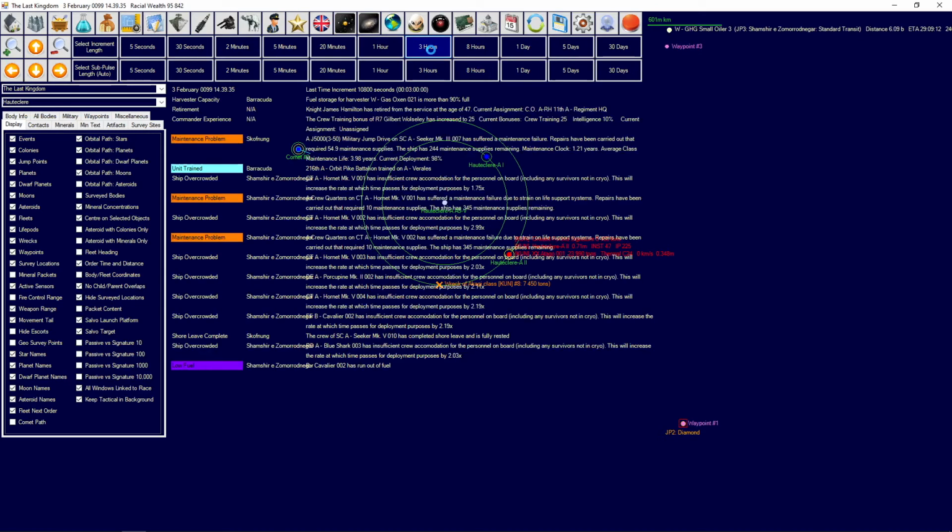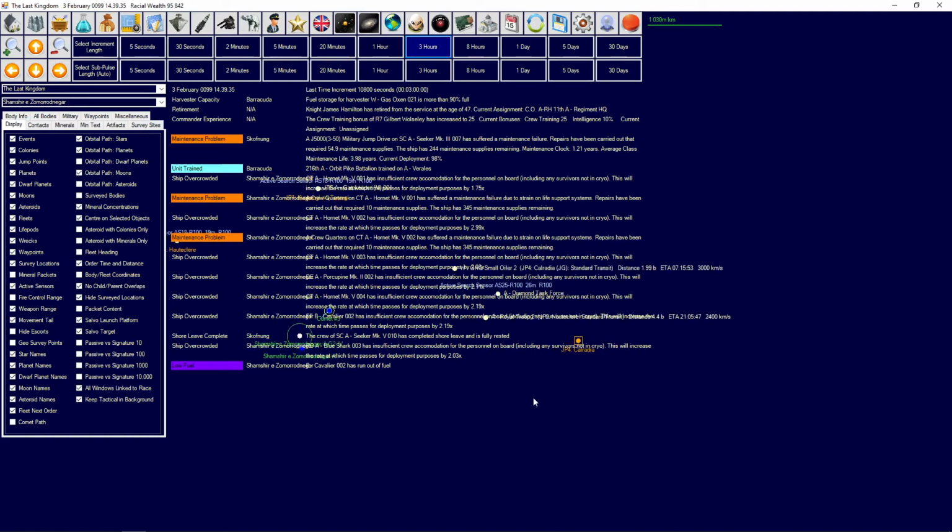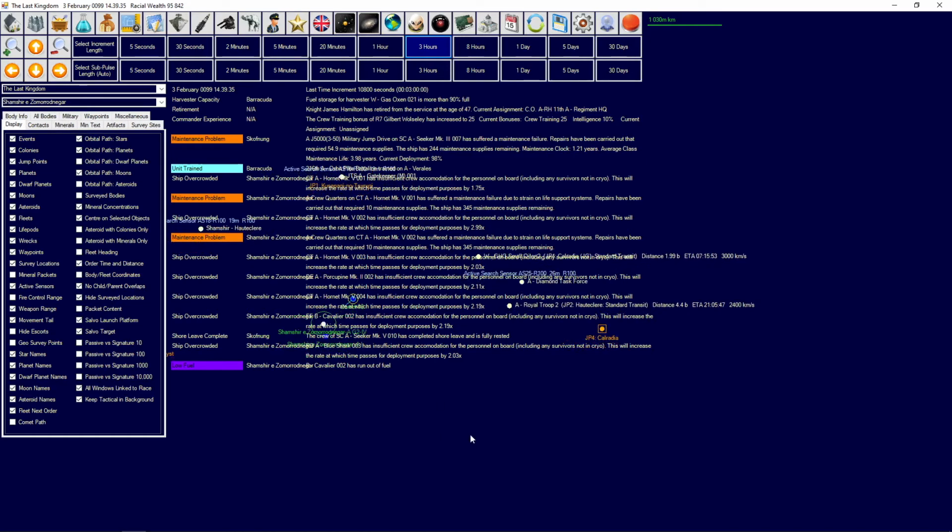They're not really doing much. Oh, and maintenance problem on... oh, you still got a little bit of maintenance supplies at least. You got a maintenance problem. It's just that overcrowding is really a problem. I'm not entirely sure that we've actually... Oh, right, no. And the Cavalier is out of fuel. That is why we are kind of stuck there. Built another orbital or surface to orbit weapon battalion. And I believe we...